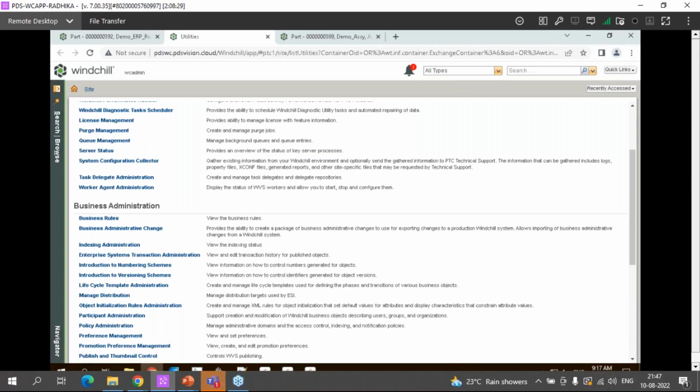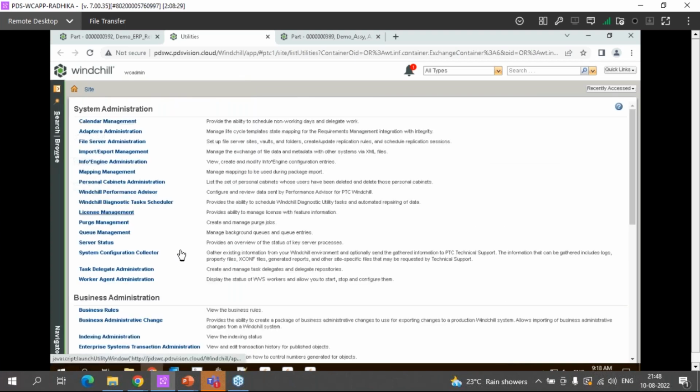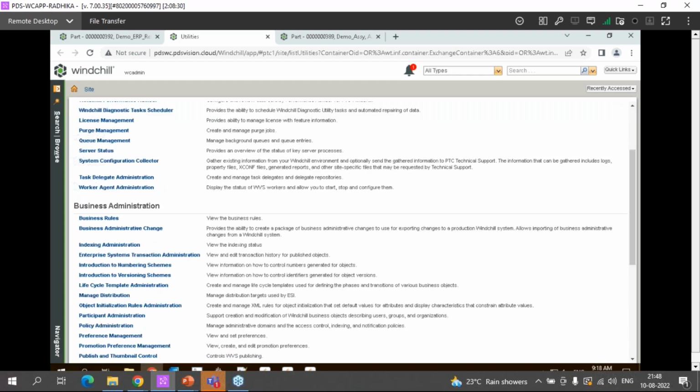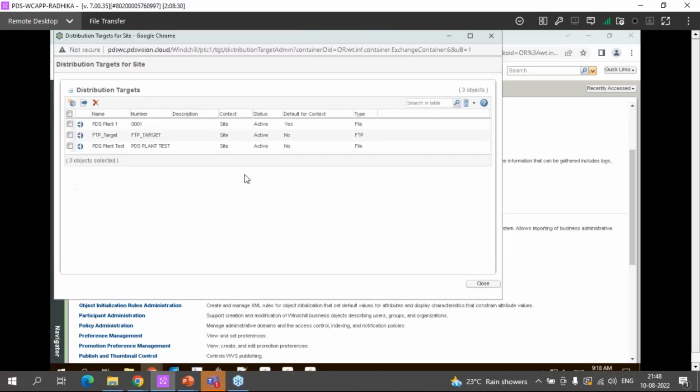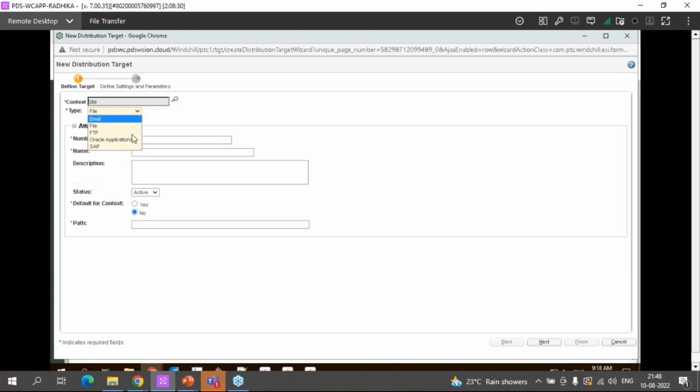Another thing I wanted to show is the place where we can manage the distribution target. That means the manufacturing plant, as I said. So we can again go to site utilities, and we have an option to manage distributions. I have created a couple of test distribution targets over here. We have a create distribution target option, and there are different formats available to create that. For